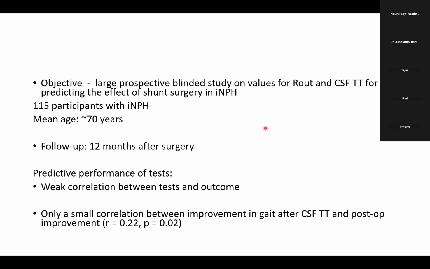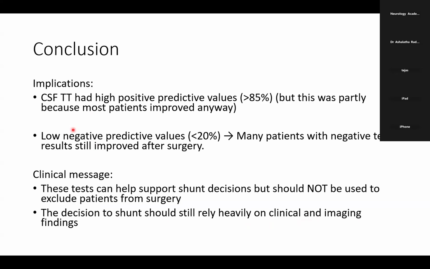The predictive performance of these tests showed a weak correlation between the tests and the outcome. Only a small correlation between the improvement of the gait after the CSF tap test and post-op improvement was seen. The p-value was 0.02. The implications were the CSF tap test had a high positive predictive value of more than 85% and a low negative predictive value, that is less than 20%, because many patients with negative test results still improved after